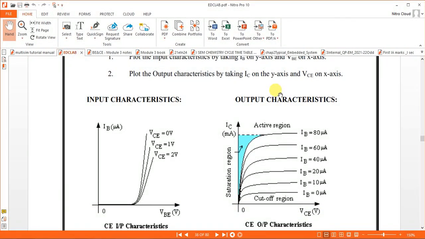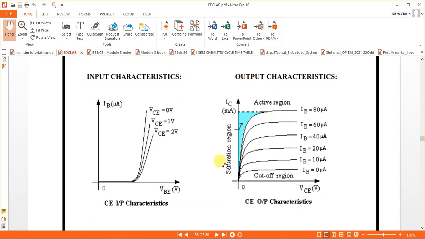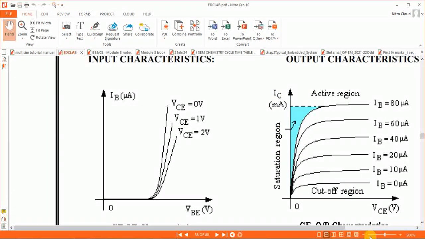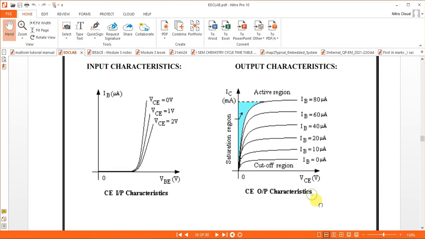So this is a model graph. If you conduct the experiment for input characteristics, you will get a graph like this. It is input voltage VBE versus input current IB at constant VCE. VCE is taken as 2 volts.